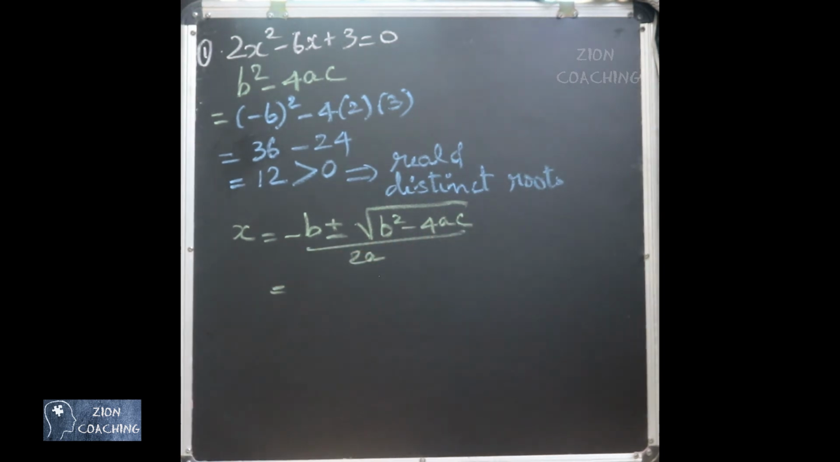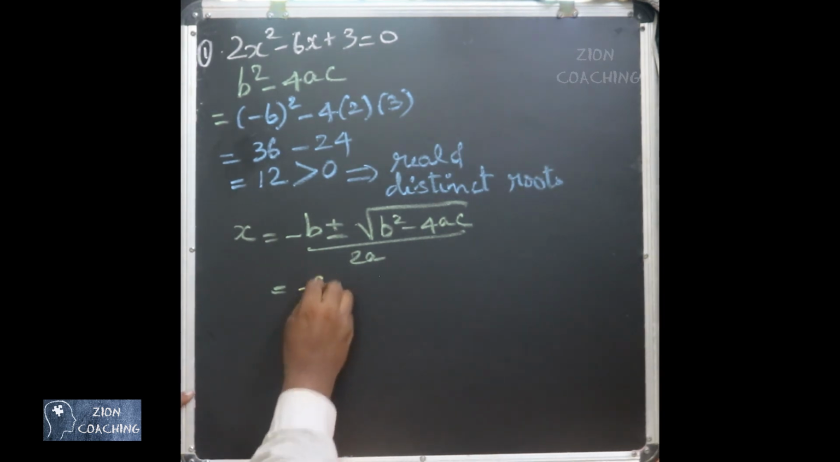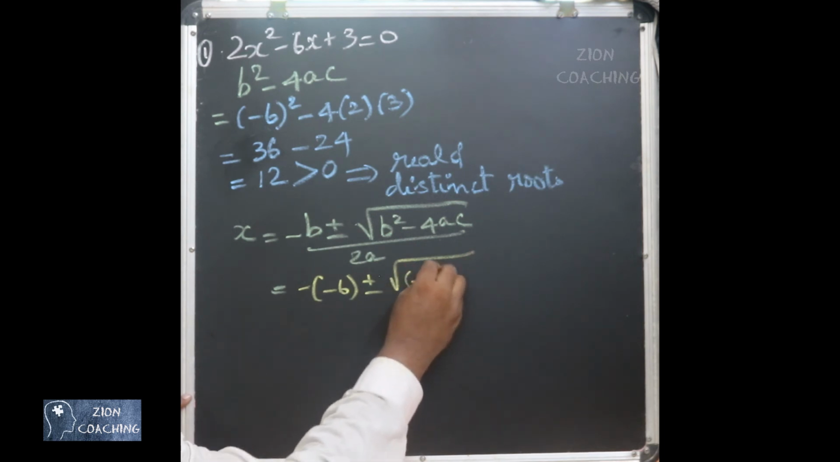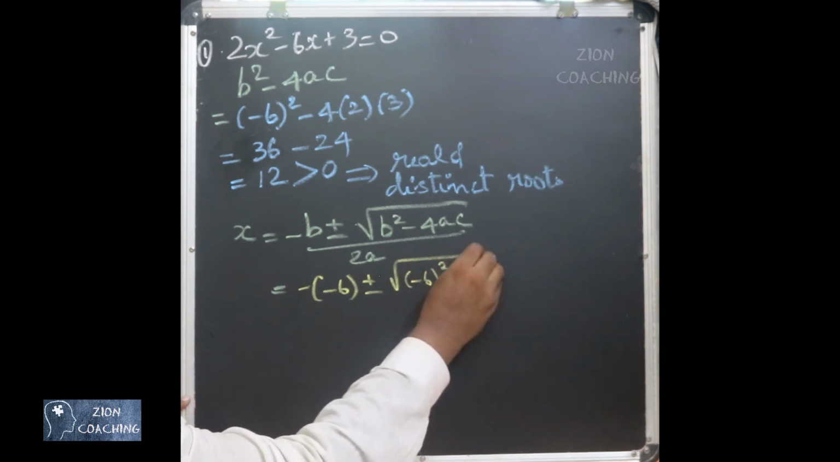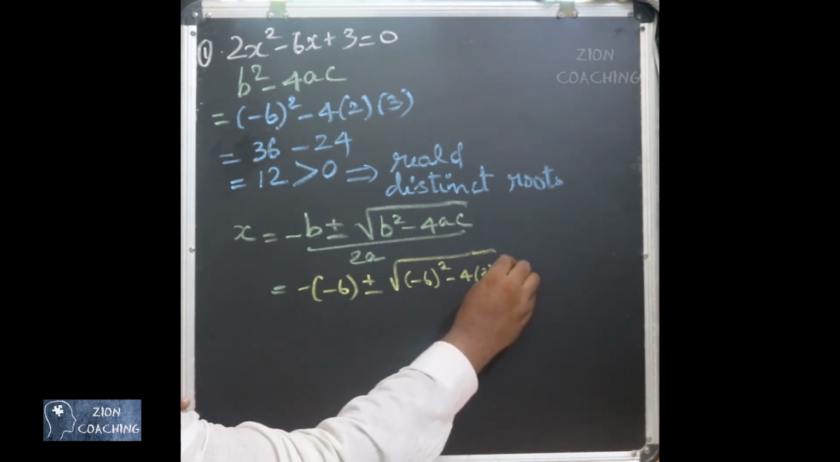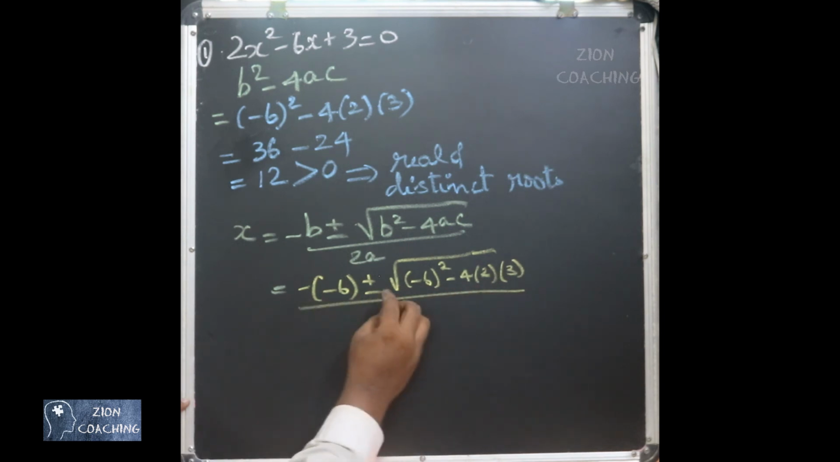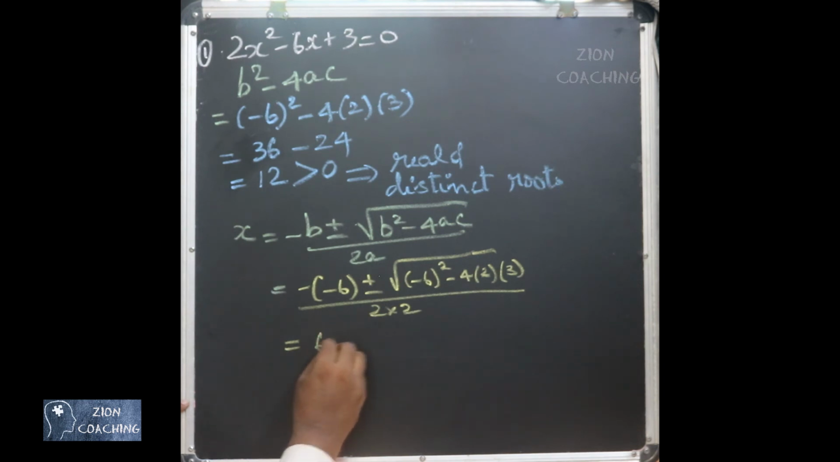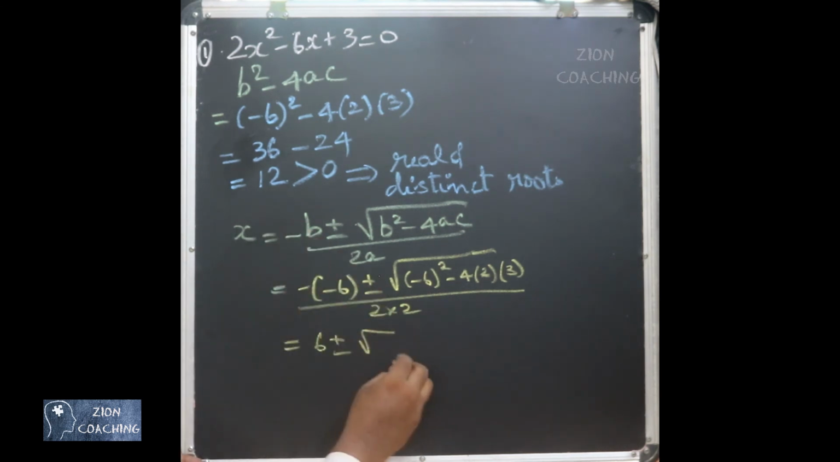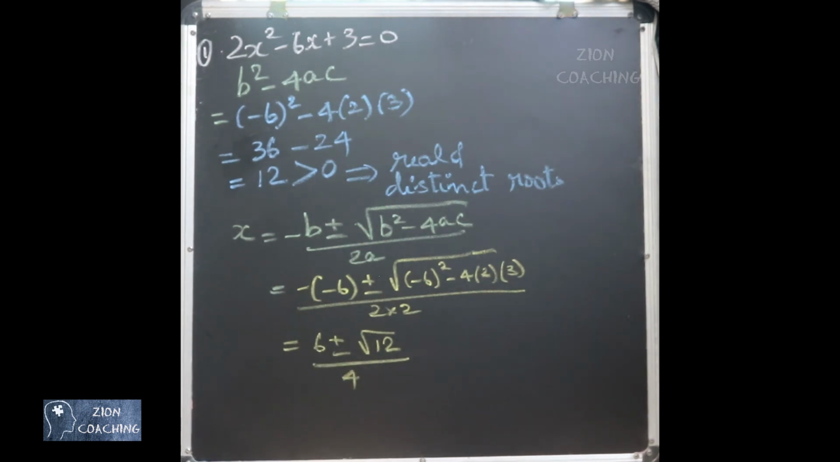Substituting the values, we will get minus of minus 6 plus or minus root of minus 6 the whole square minus 4 into your a value is 2 and your c value is 3 divided by 2 into a, that is 2 into 2. So we are going to have 6 plus or minus root of, you already have the value for the discriminant part, that is 12. So it is going to be 12 divided by 4. So the values of x are going to be,